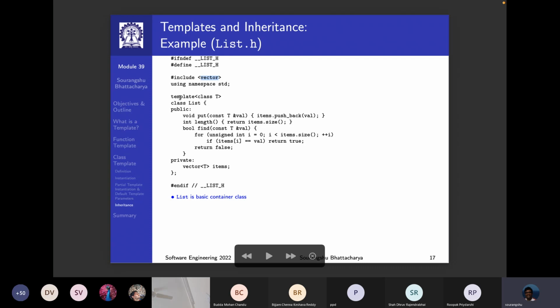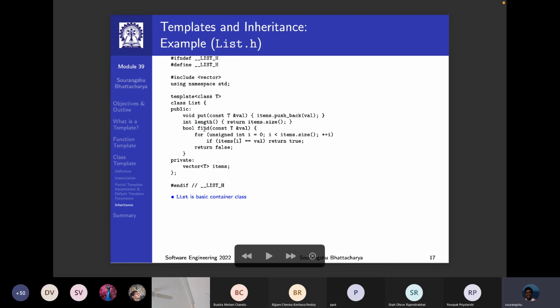So what we are doing is creating a templated list class here. We are saying template class T, and then class list, and then put. So we are creating a vector of items, each of type T here, and then we are implementing the put and the length methods,